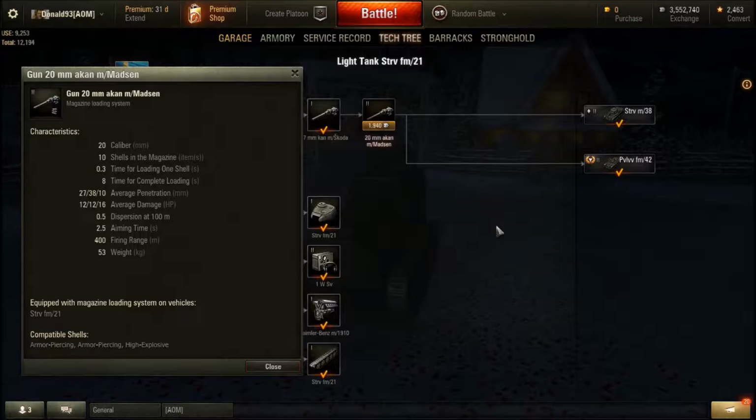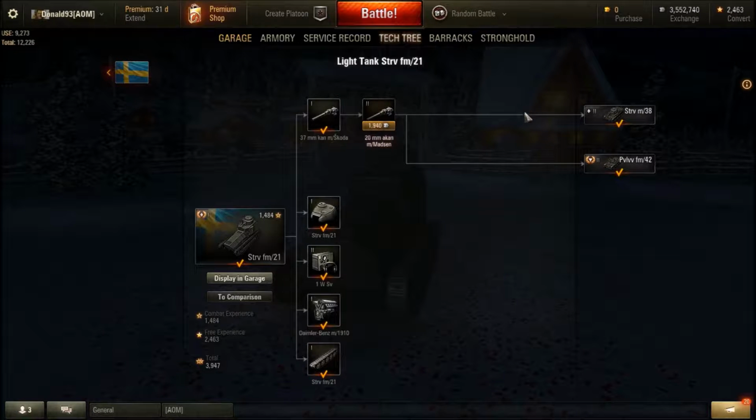Load time, it is not that bad, 8 seconds, so you can go behind a building, cover, and hide behind it for the time to load your gun. The penetration value, it is okay at this tier, so you can penetrate most of the tanks easily enough, unless they are angling their armor quite well. The accuracy, aiming time, it is not that great, so you will get the required experience pretty quickly to unlock